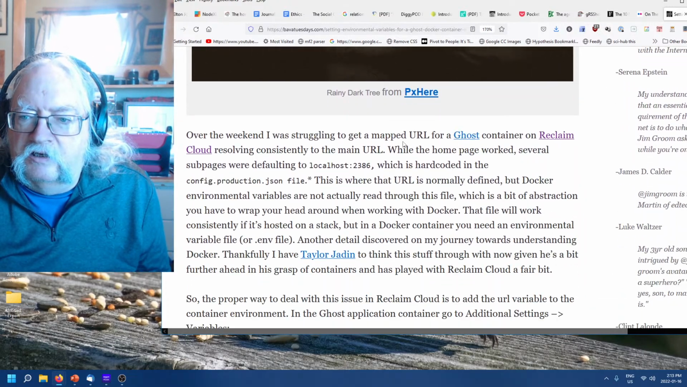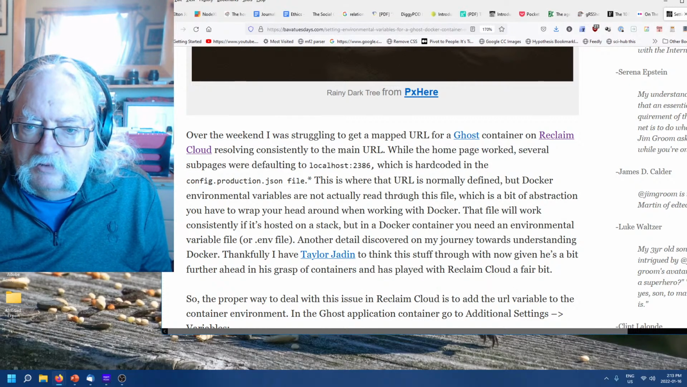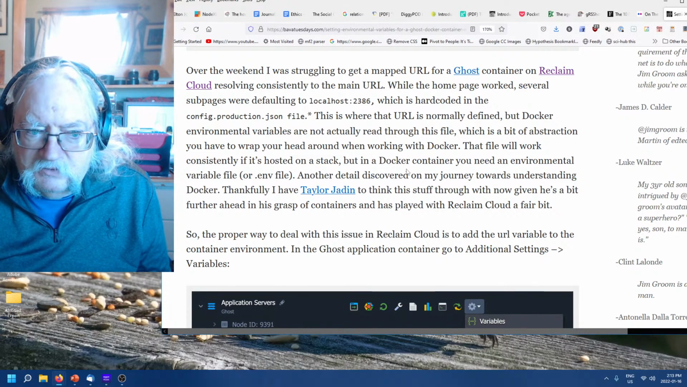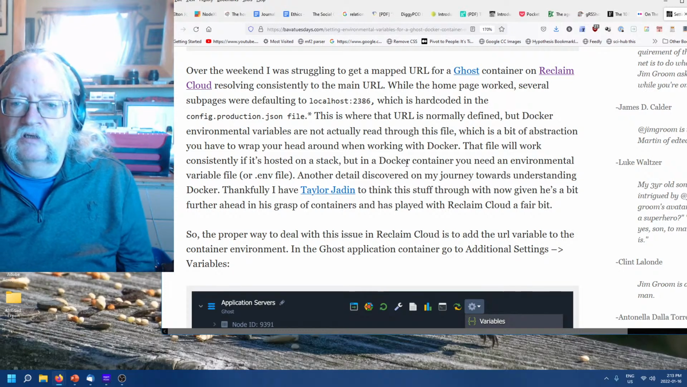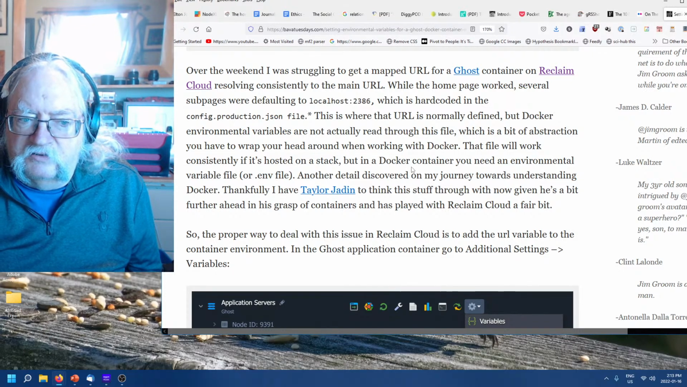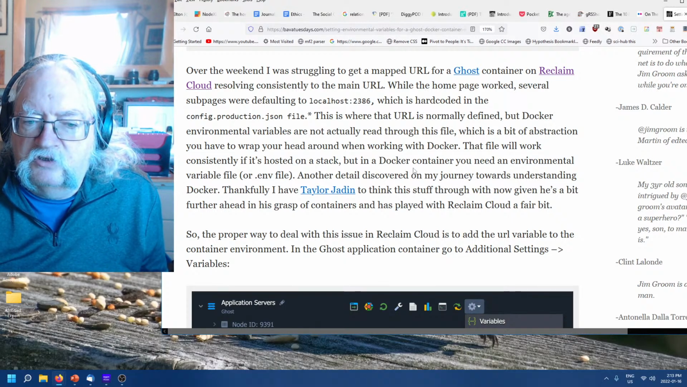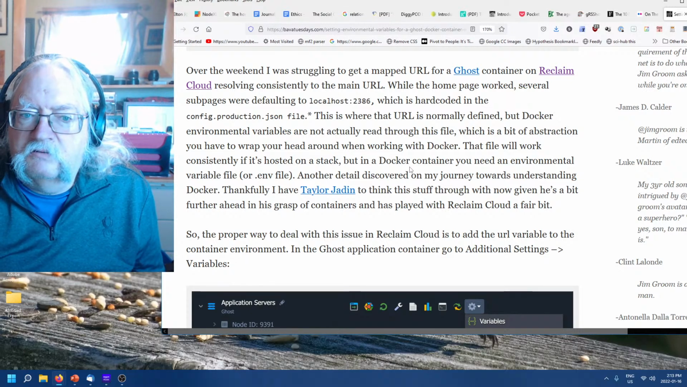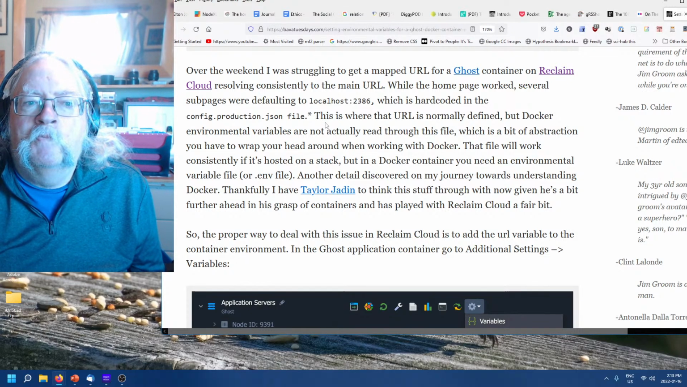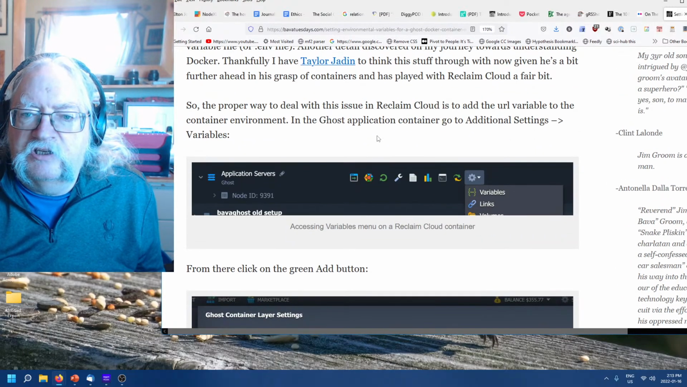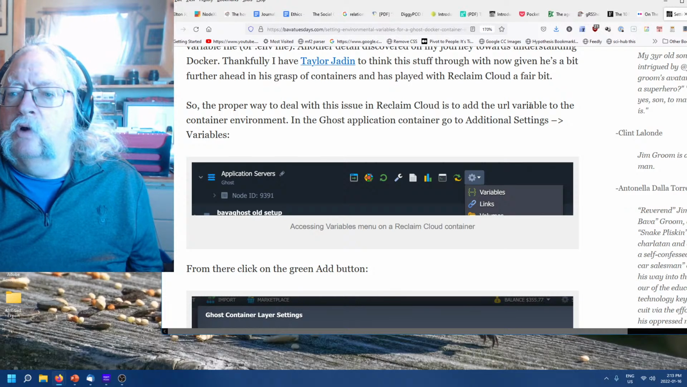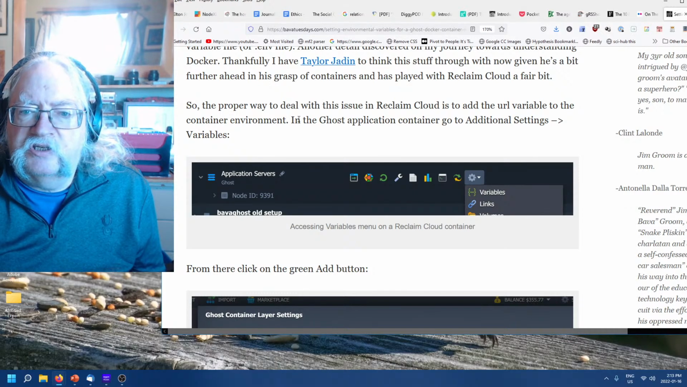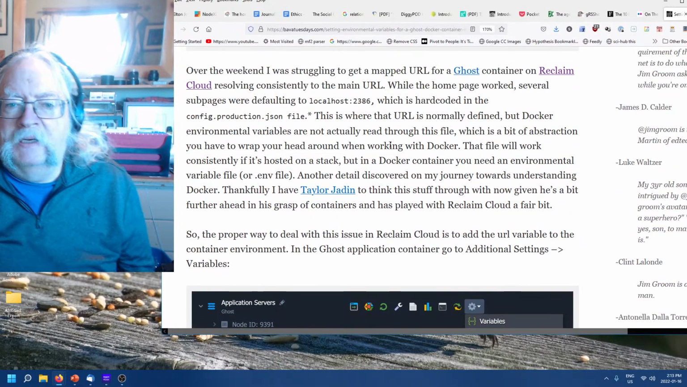So, hard coding is bad. Okay, so in a Docker container you need an environmental variable file, etc. So what I just described, right? So the proper way to deal with this issue in Reclaim Cloud is to add the URL variable to the container environment, just like I said. In the Ghost application container, go to, all right,